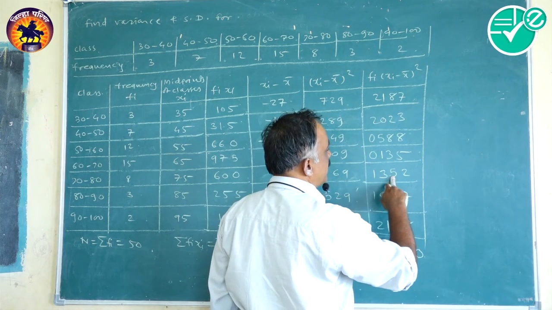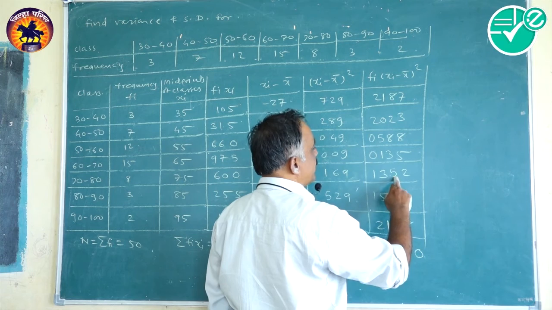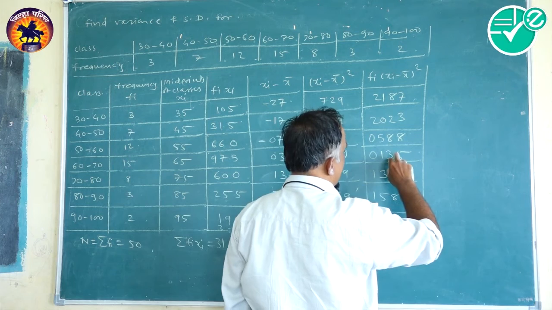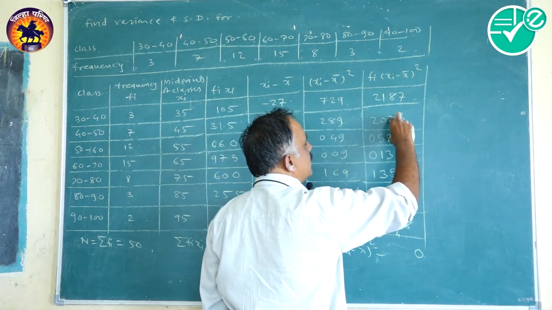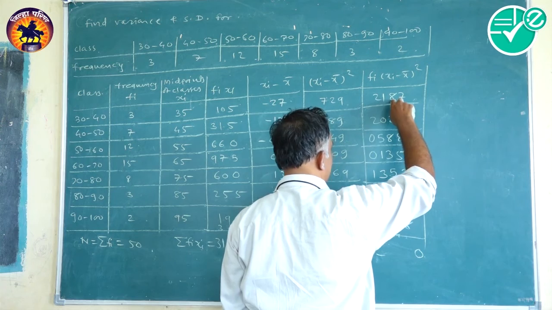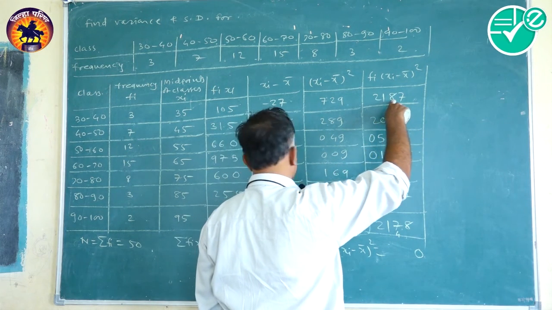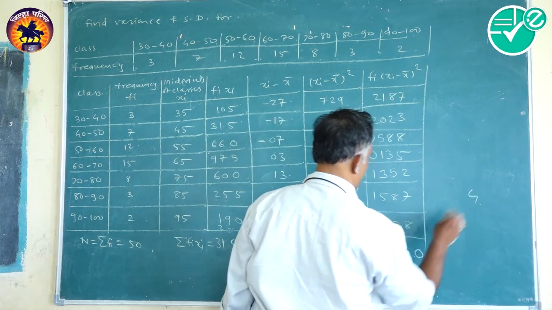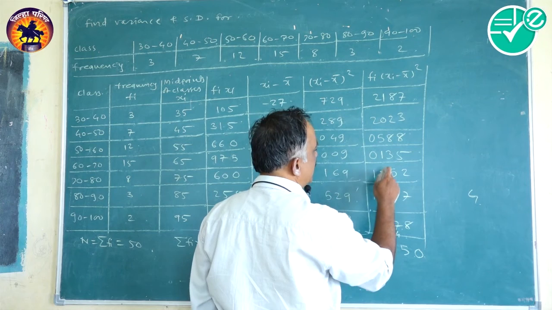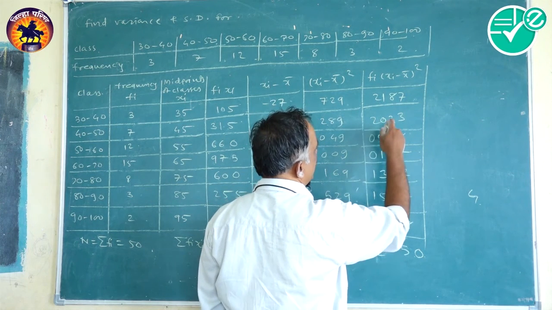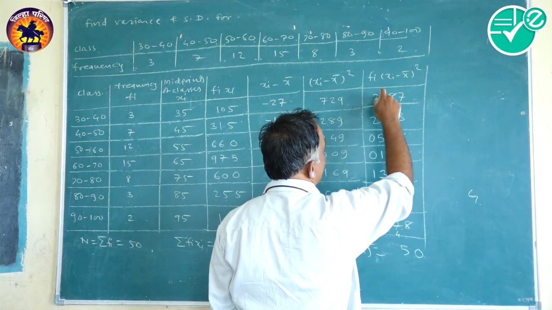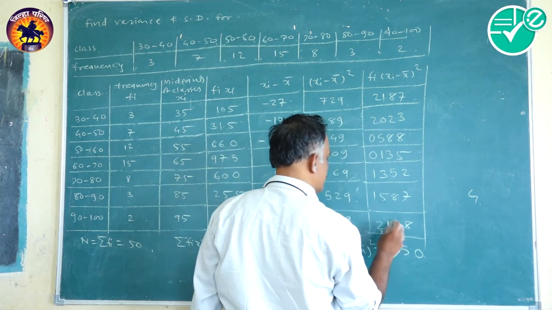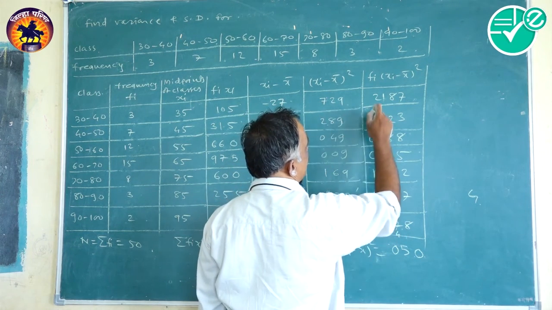It will be 19. 19 plus 5 will be 24. 24 plus 3 that will be 27. 27 plus 10 is 37. 37 plus 8 is 45, carry 4. 4 plus 1 is 5. 10, 10 plus 4 is 14, 14 plus 5 is 19, 19 plus 1 will be 20, carry 2, 4, 5, 6, 7, 8, 9.